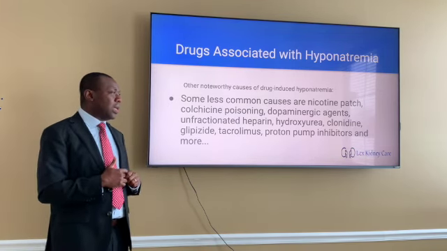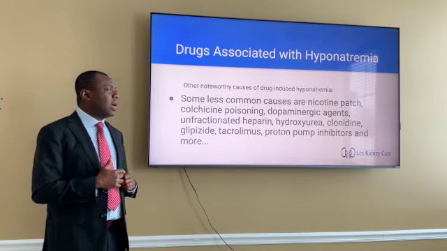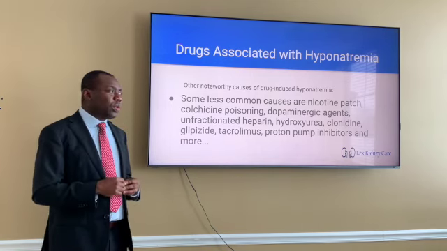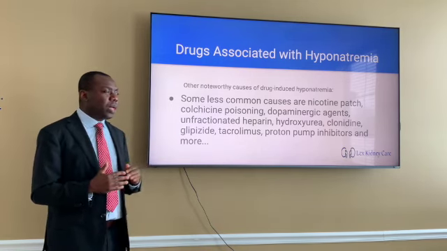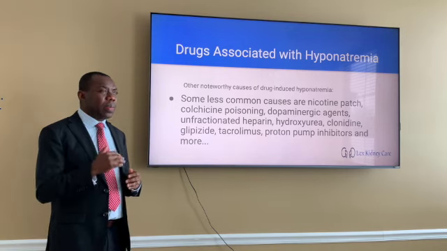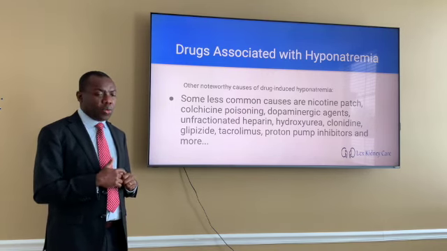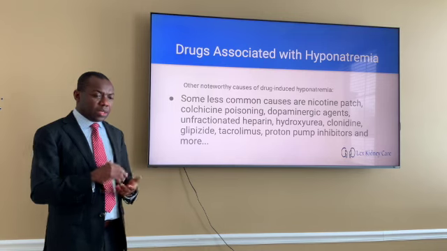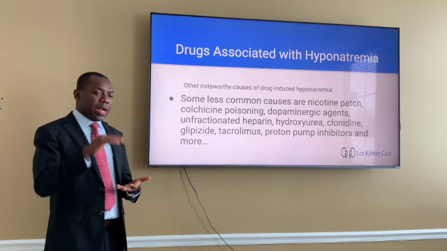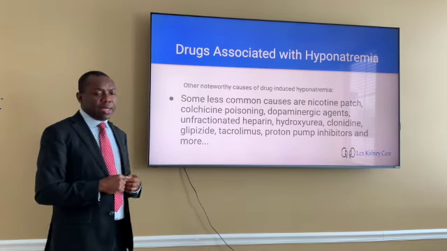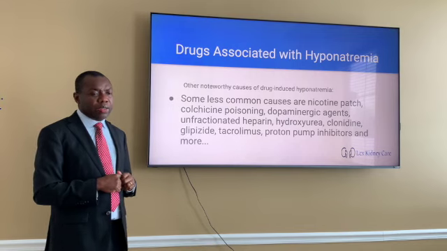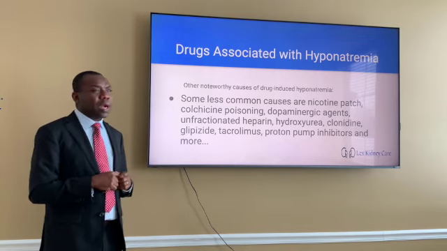So it's important that when a patient has hyponatremia, you want to sit down, go through their whole medication list step by step, looking for a culprit. Picking up that drug is really important,